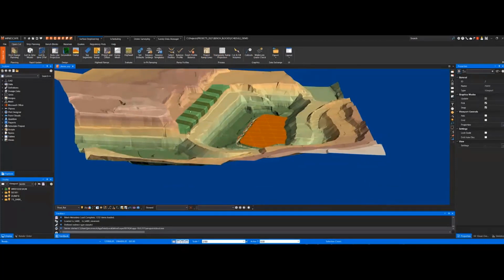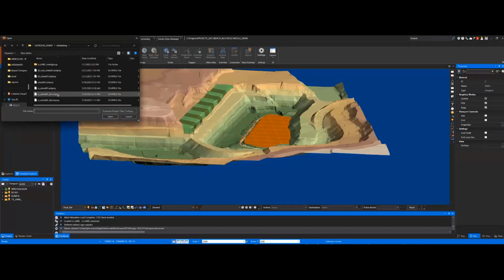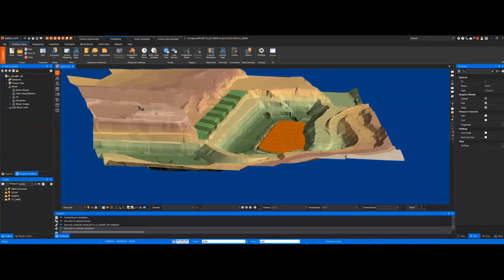So once I have my pits laid out and my dump laid out, I can go right into scheduling. So I'll fire up the scheduling app. And schedule is using SQL Server, so I'm going to have to open the data. In this case, I already have one created. I've just opened the database. So you can have multiple databases out there. And the nice thing about it is you can go ahead and export these databases and have other people import them into their project area so they can continue where you left off.